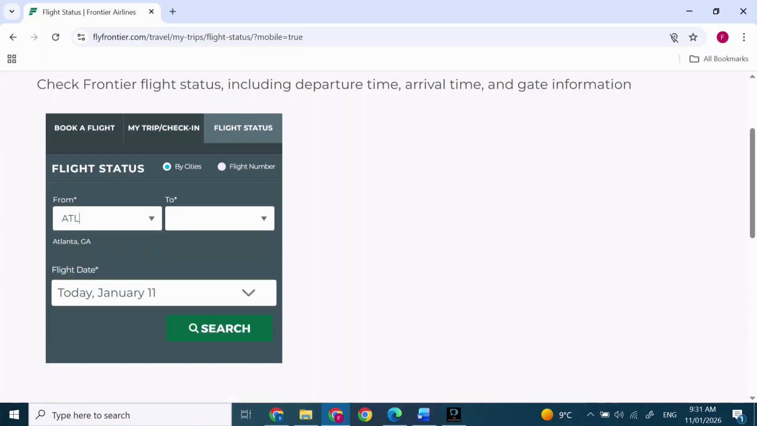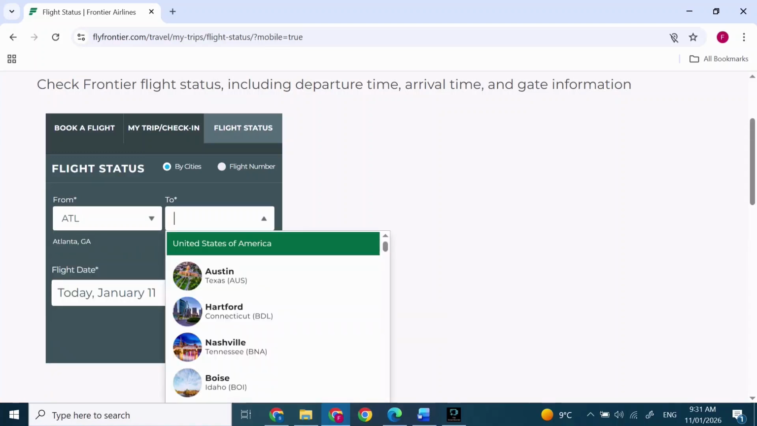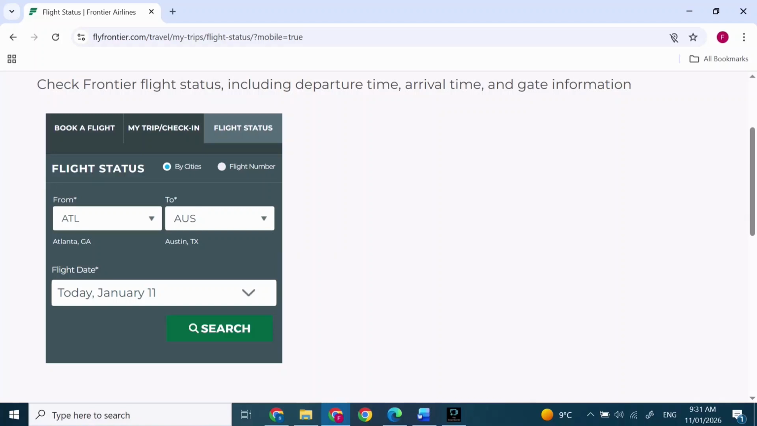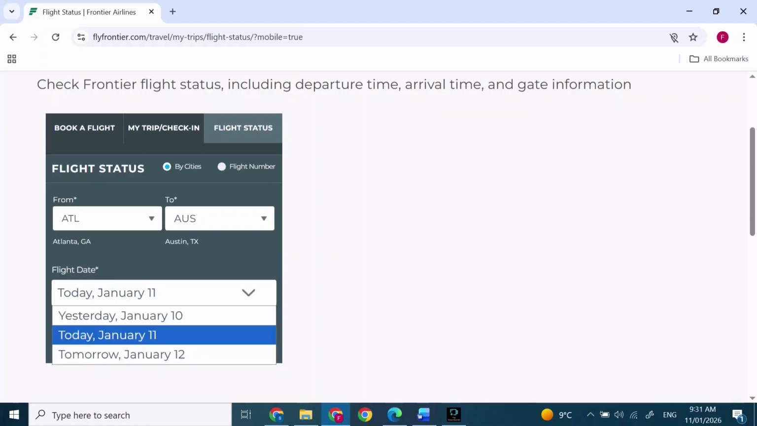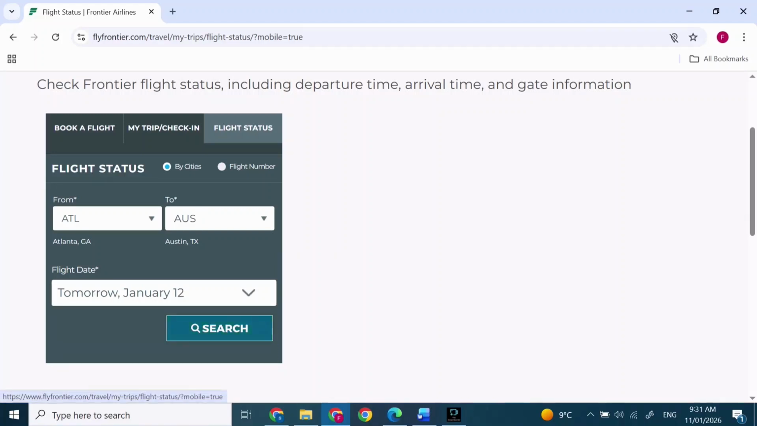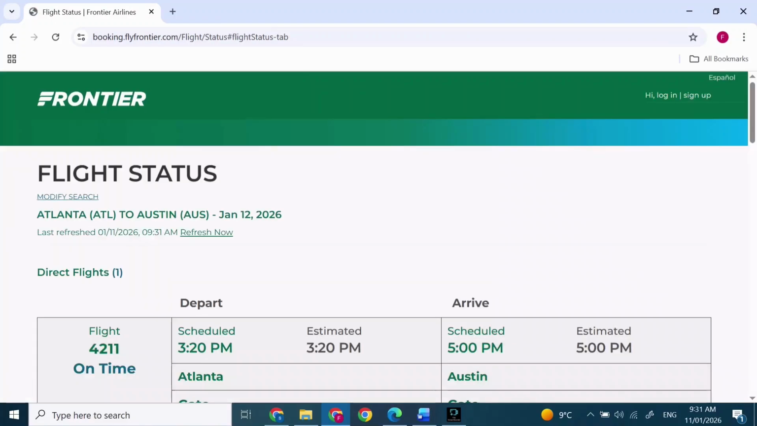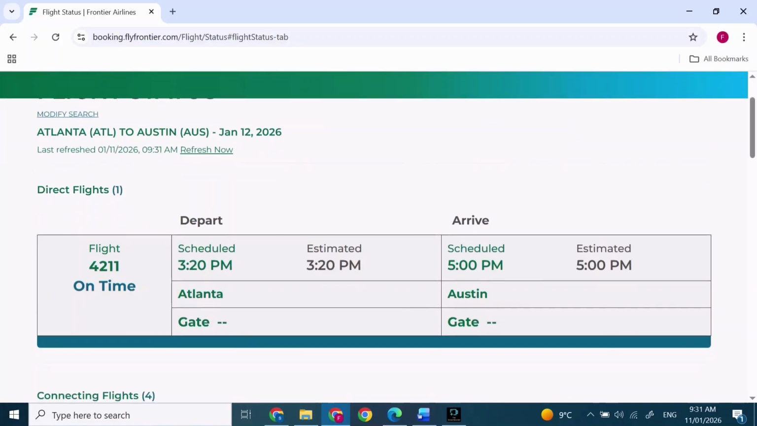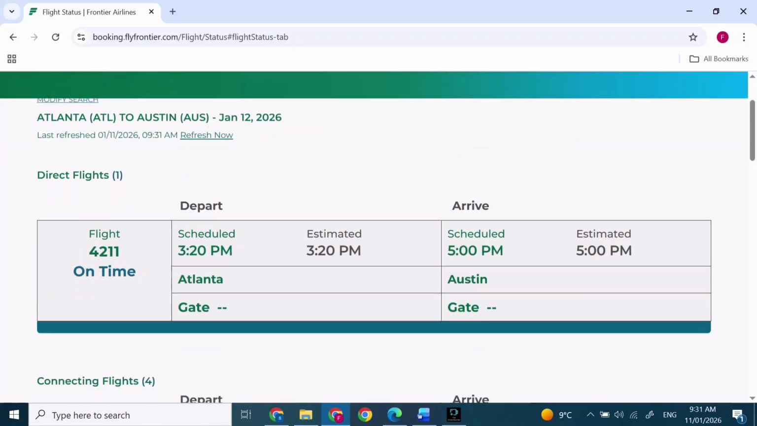Now add from where you are going and to where. Then select flight date. After you've selected flight date, press on search. After you've pressed on search, you will find this kind of screen pop up. You'll find all the flight status. Simply search for your status